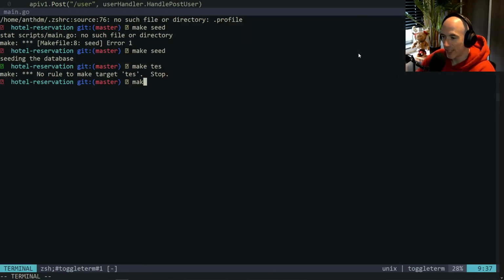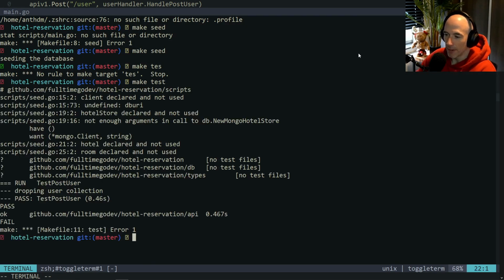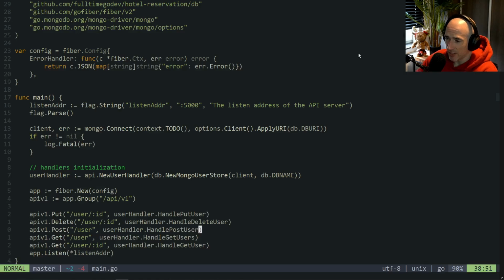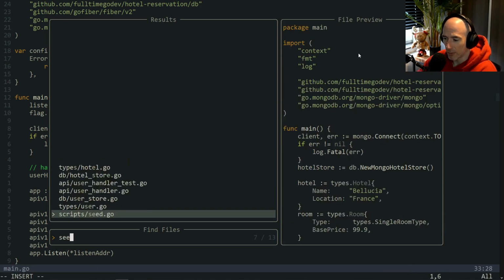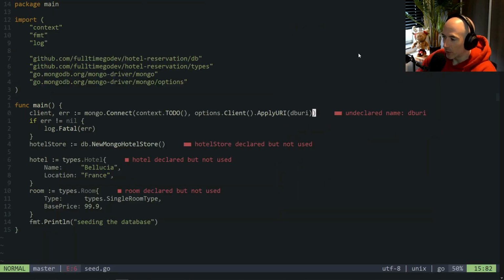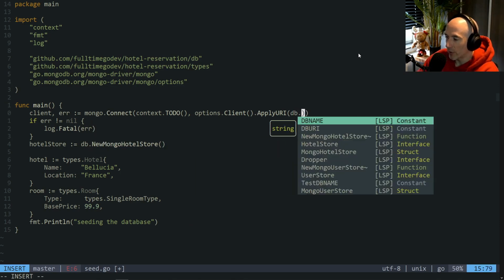Let's make test to see if we have some problems in our tests. Yes, script seed is a problem. Yeah, but that's something we know. Okay, cool. So the next thing we could do, now we can actually call this from db,